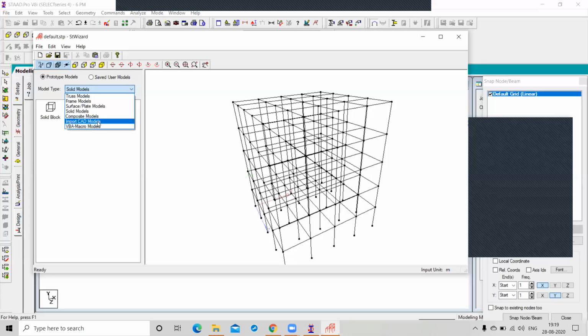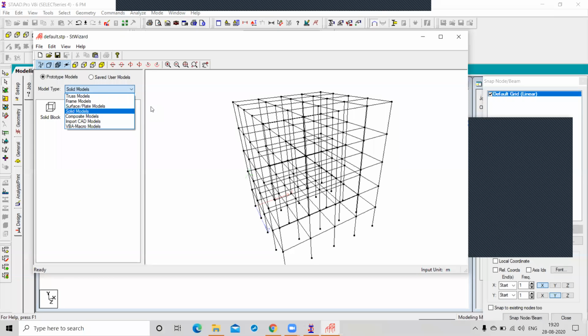What is the solution? I told you, when I show you how to insert the CAD model. Right now I have not told you the solution. Please note it. If I forget, you can ask. But you can insert the CAD model in a rare case.